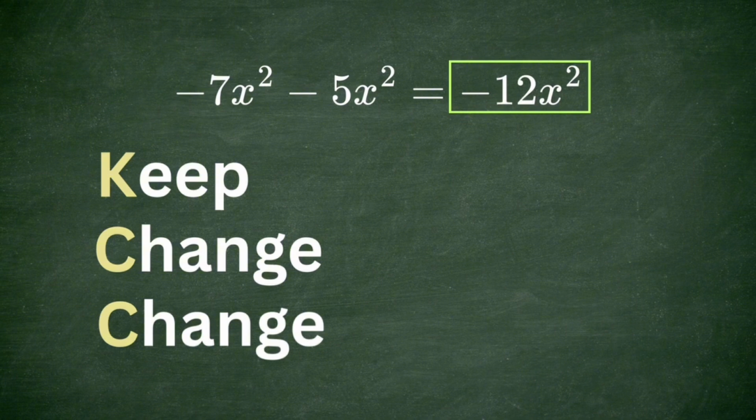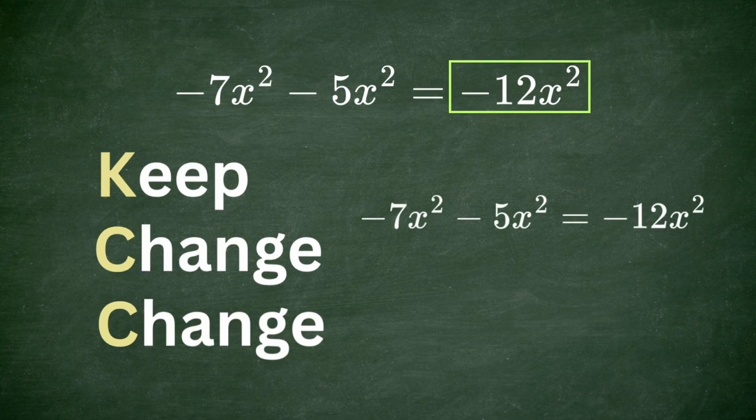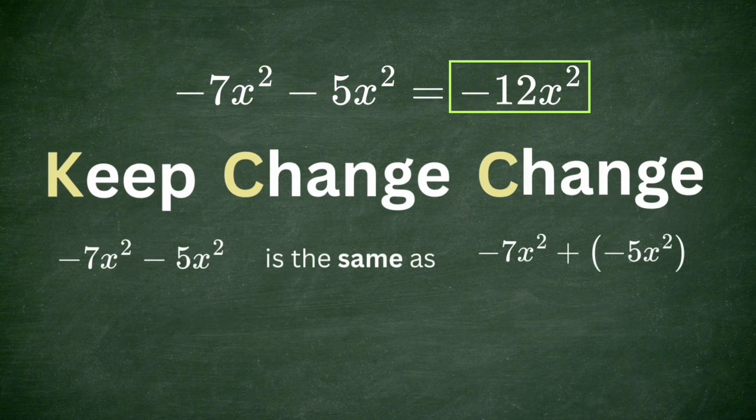Here's how it works. K. Keep the first number the same, negative 7. C. Change the subtraction sign to addition. And then change the sign of the second number, which is from negative 5, it becomes plus negative 5. So the expression becomes, from negative 7x squared minus 5x squared, negative 7x squared plus negative